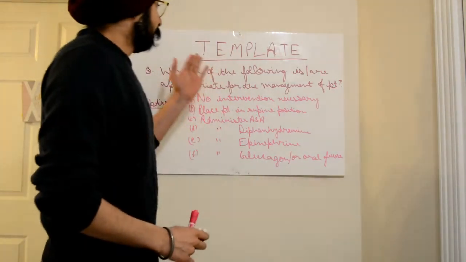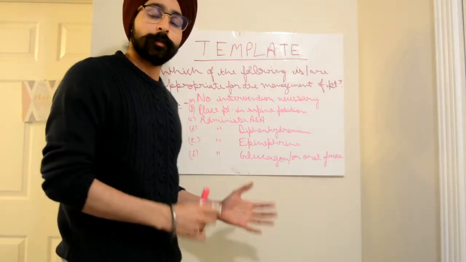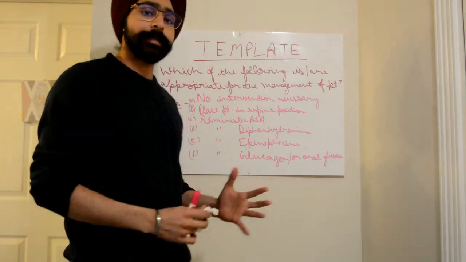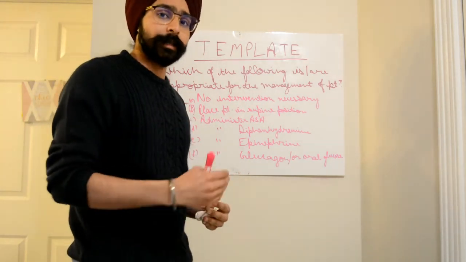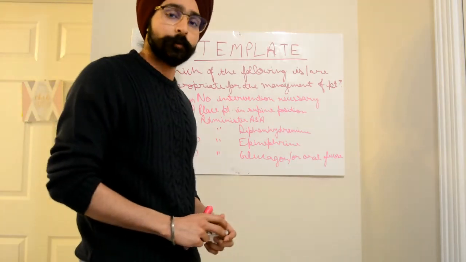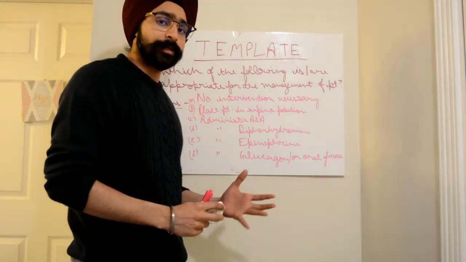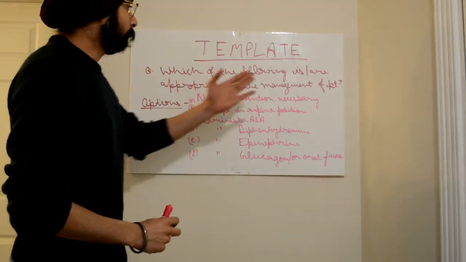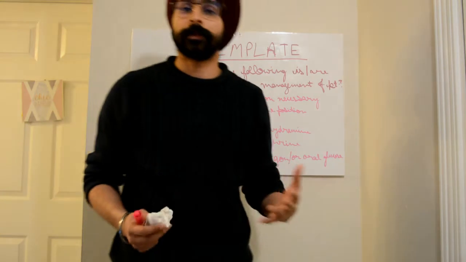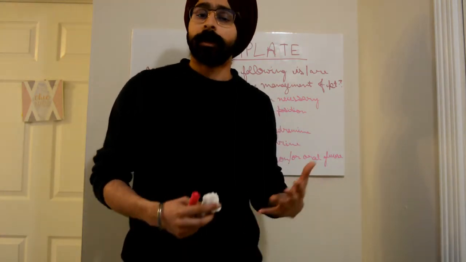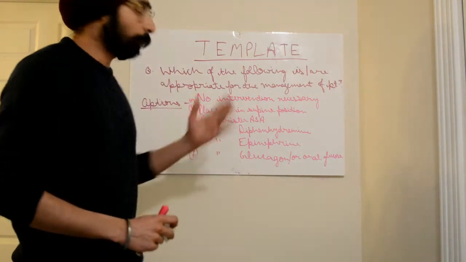Guys, this is the template. These are only 6 options because I didn't have that much space on my whiteboard, but there are at least 7 or 8 more options in this template. I'll start discussing them one by one and I'll write the rest of the options as well. So what type of options do we get in emergency questions? Let's read out the question. Which of the following is or are appropriate for the management of patient? For example, you have a patient of vasovagal syncope or you have a patient of diabetic shock. Then you have to answer the question from the following options.